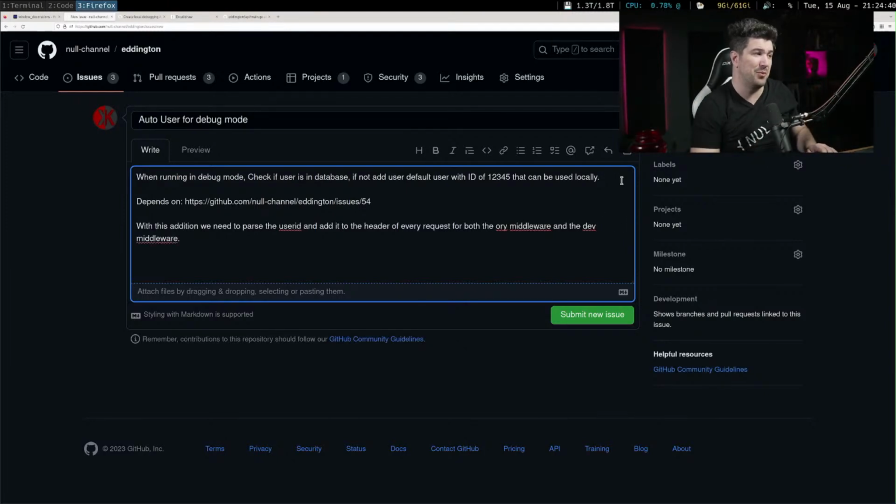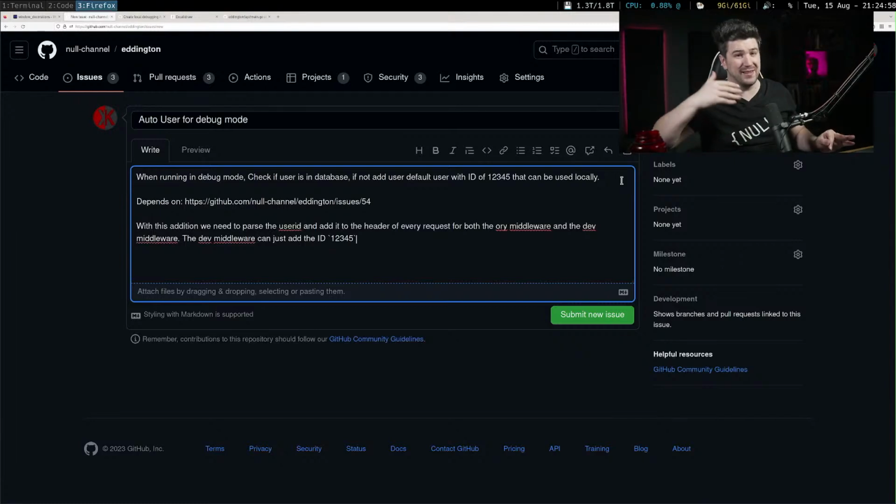So basically the dev middleware can just add the ID 1, 2, 3, 4, 5. So you don't change your call because you're just not sending your session token.